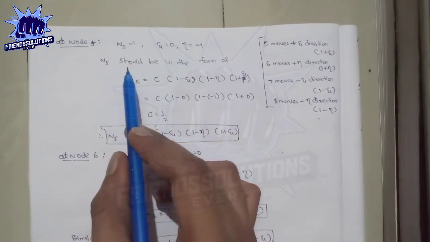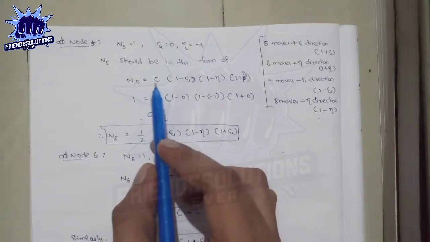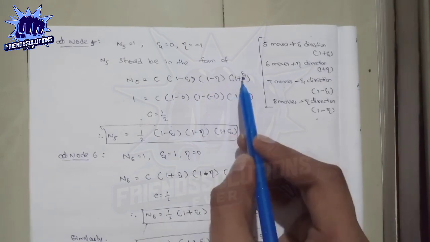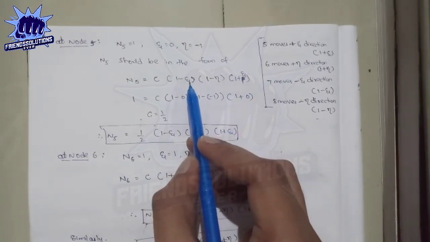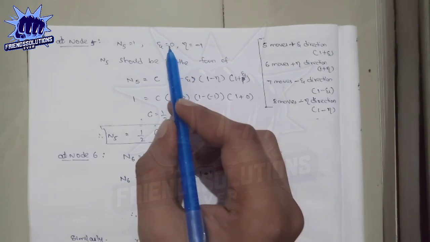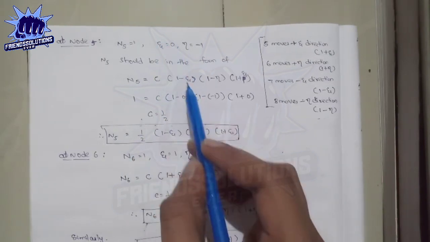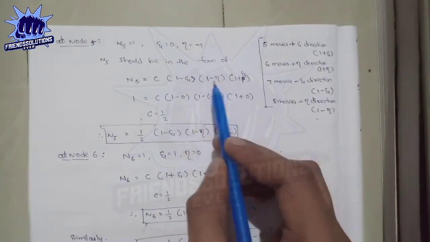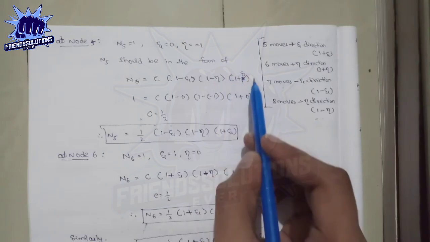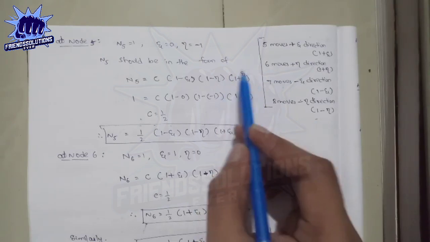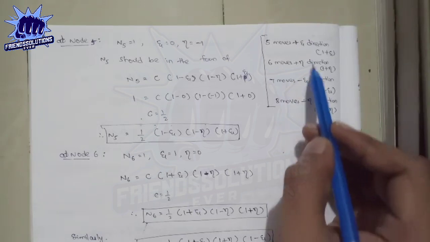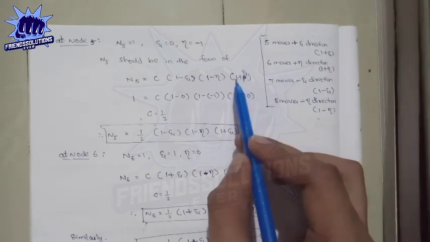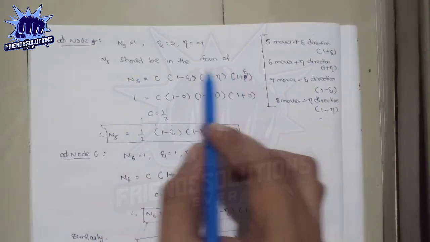Now the shape function N5 should be in the form N5 is equal to c into (1 minus xi) into (1 minus eta) into (1 plus xi). Here, for the 1 minus xi factor, if 0 is the value there, then you should keep minus. Here minus is automatically minus. And here one extra factor is multiplied. How does it come? It comes from this logic: for the fifth node, 1 plus xi, so 1 plus xi is multiplied here. So the formation of the equation is done.